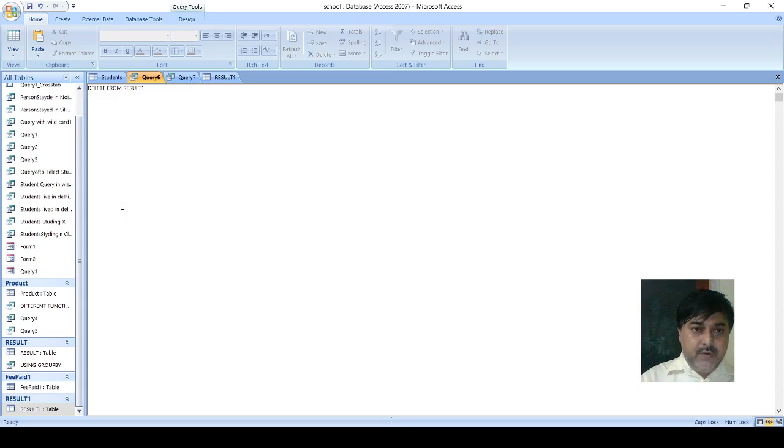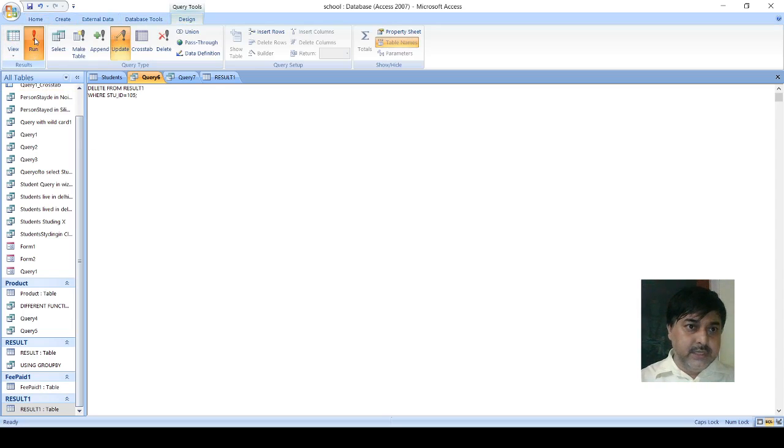Delete from result 1 where stu_id equals to 105. Okay, semicolon. Then let us run it, in the design view. Yes, one row will be deleted.